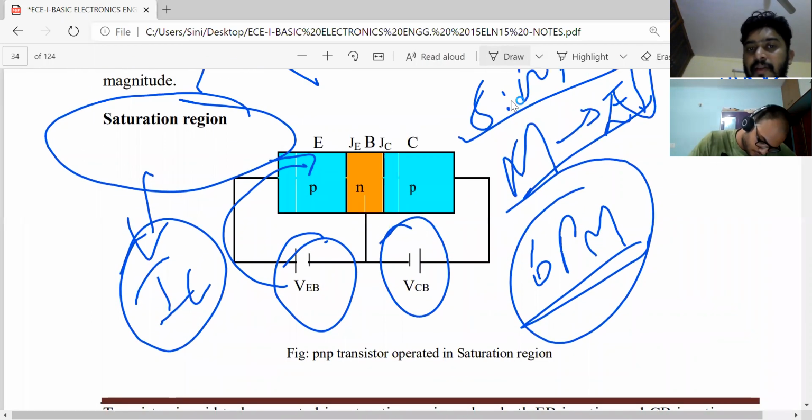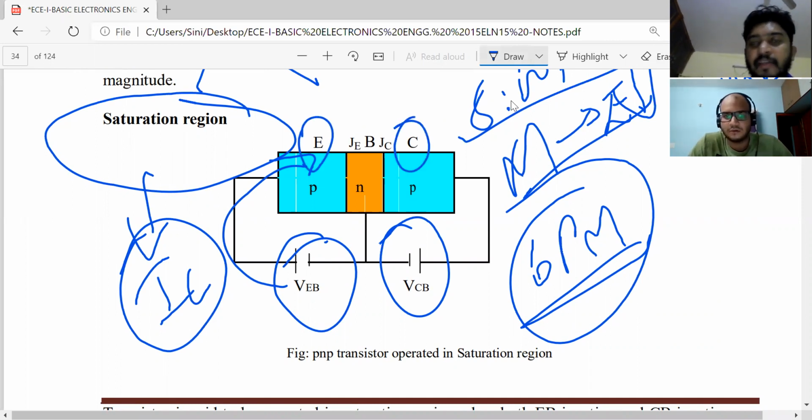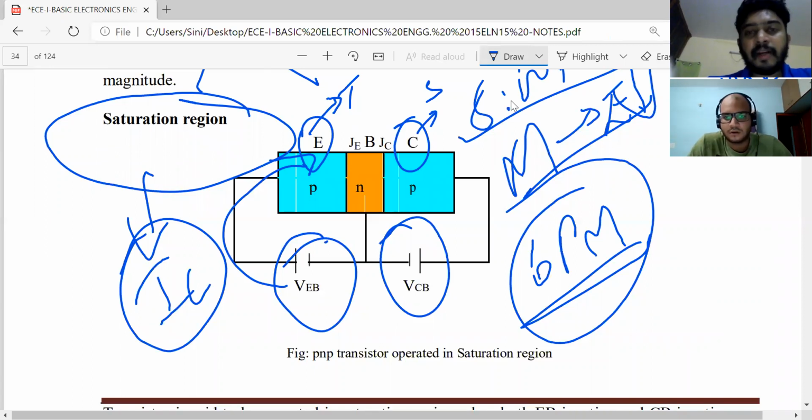Saturation in the sense, that's it, no more. End of the story. When does a transistor operate? In active region, when emitter is forward bias and collector is reverse bias. For example, one more thing: E is a teacher, C is a student. If the student doesn't know the subject, he or she will listen, correct?